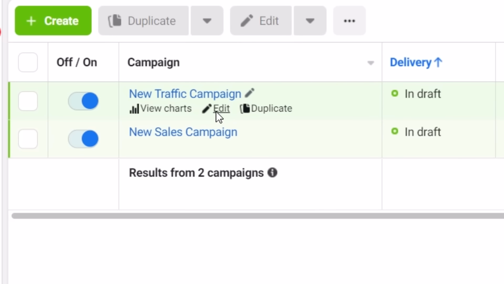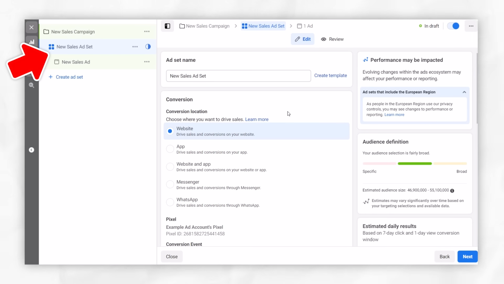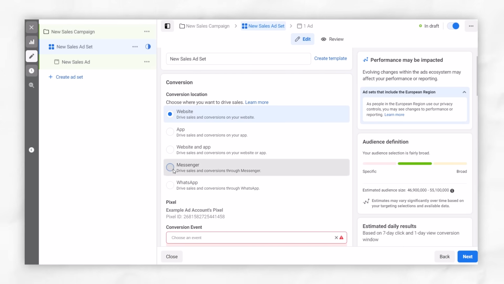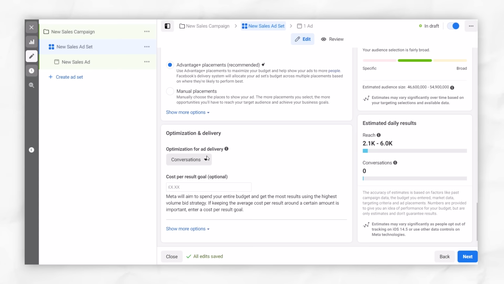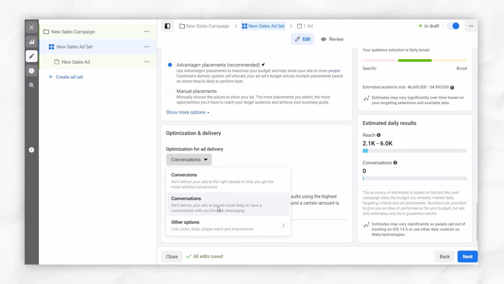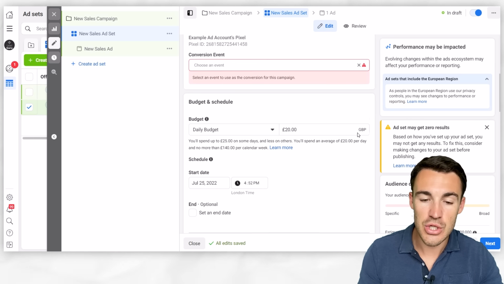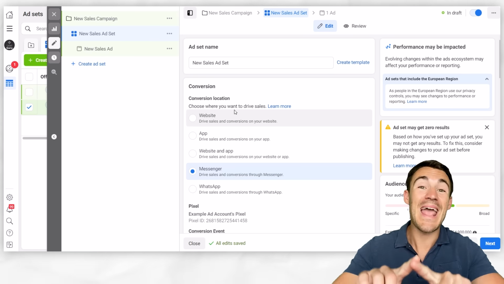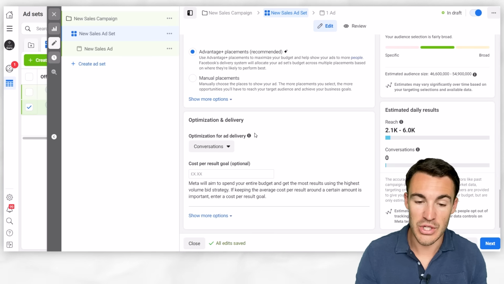So for example, if we go to this conversion campaign, and we click edit, well, we want to do that at the ad set level, we can see that, look, conversion location here is website. But if, for example, we change that to Messenger, and then we scroll down to the optimization for ad delivery settings, you can see that we've now got a different option. We've got conversations as an option as opposed to conversions. We've still got some of the same options here. So it's actually these two settings, the campaign objective and conversion location, that just provide you with a list of things that can be optimized for, which is going to take place